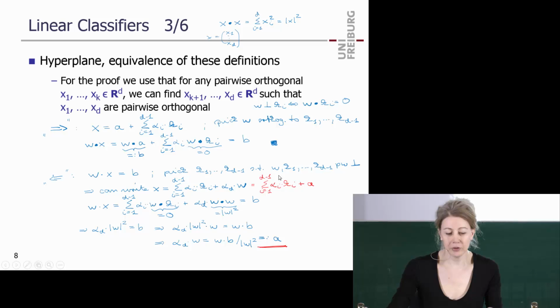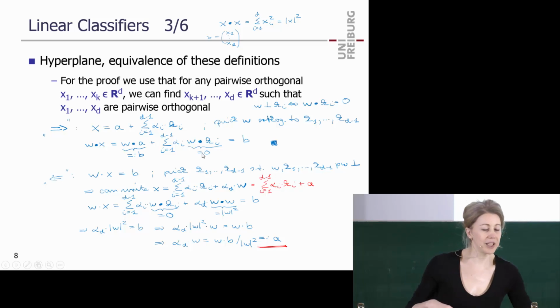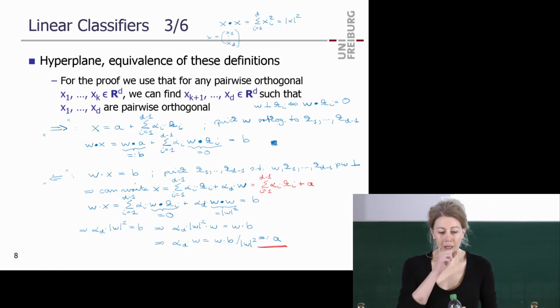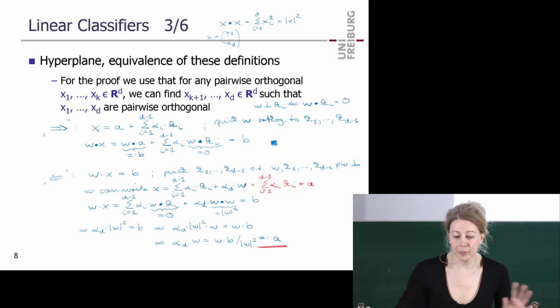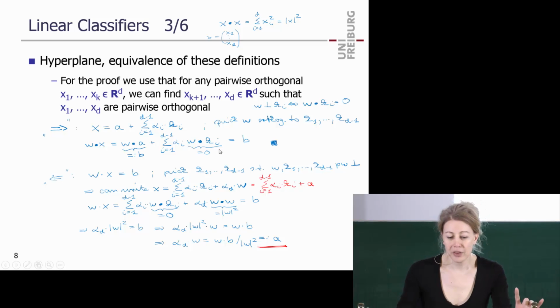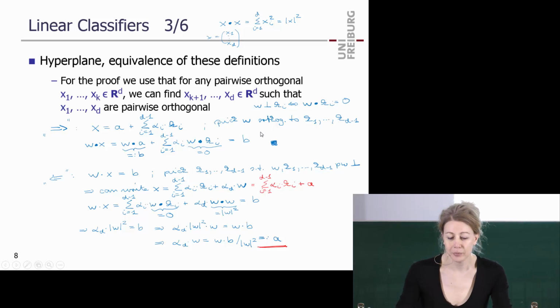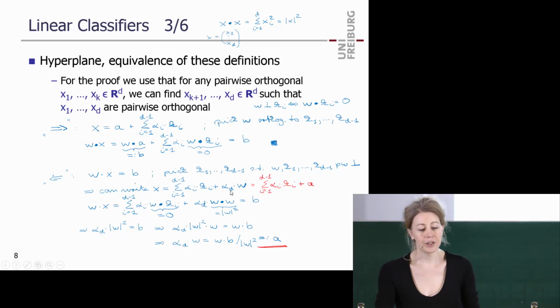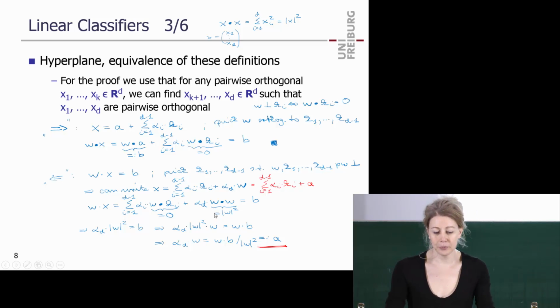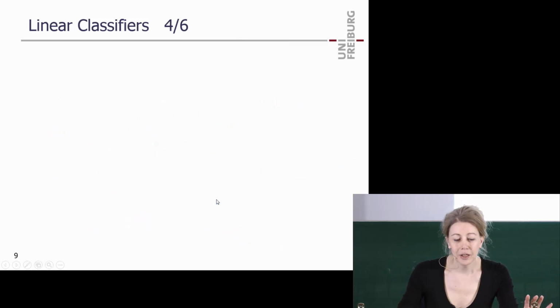Any questions about this proof? I think you have to look at it yourself at home. But the basic steps, yeah, we just used three things. You can write a thing as a linear combination of vectors from a basis. The dot product of orthogonal vectors is 0, and some trivial things. I think I will just continue.